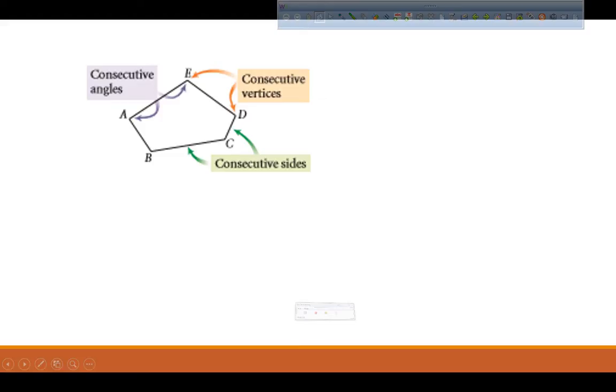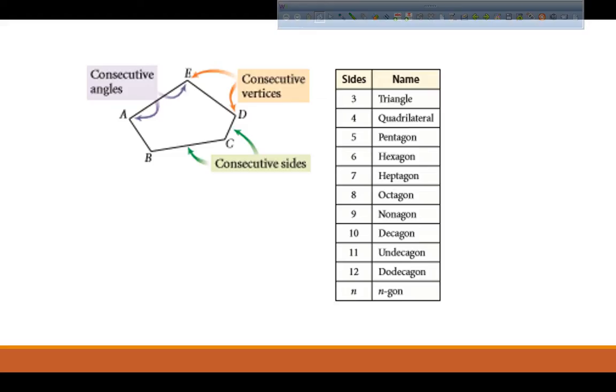Who can name one pair of consecutive sides for me? Give me one pair. Go ahead, Drake. A, B, and B, C. A, B and B, C is a pair of consecutive sides. They have to be right next to each other, okay? Good, all right. And then we have all these names of things. Whether you write them all down or not,